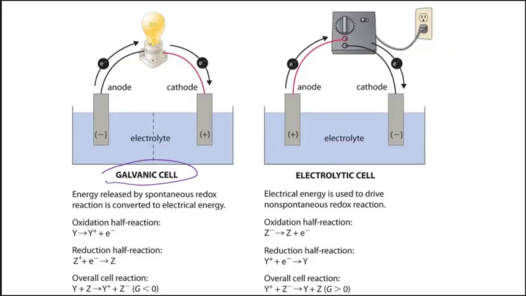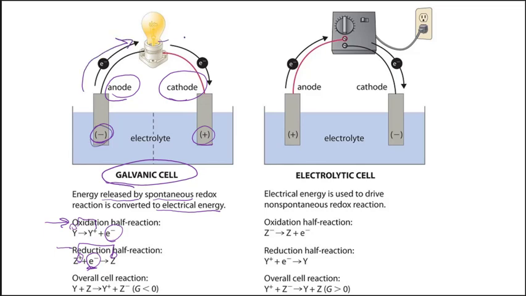Thus far, we've really focused on the galvanic cell, and we know that our anode is on the left, and that's our negative end. Our cathode is on the right, and that's our positive end. Energy is released by spontaneous redox reactions, and it's converted to electrical energy. We have our oxidation half reaction going from 0 to positive, so our electrons are on the right. We have our reduction half reaction where our electrons are on the left because we're going from positive to 0. So we've been gaining electrons because reduction is gaining. We have our overall cell reaction, and we have our electrons going from the negative end to the cathode, which